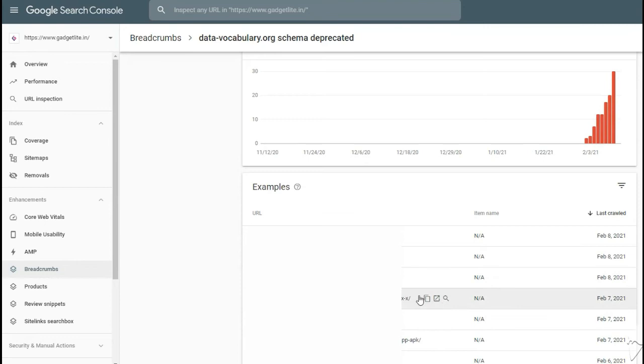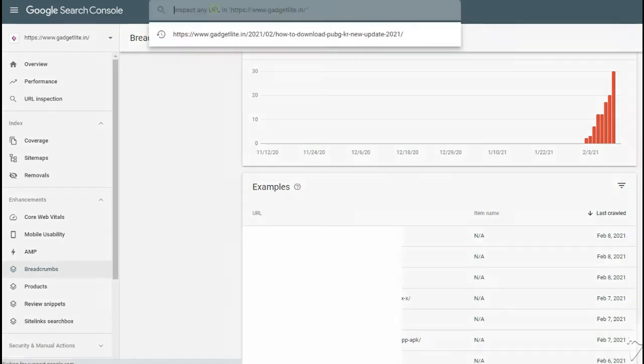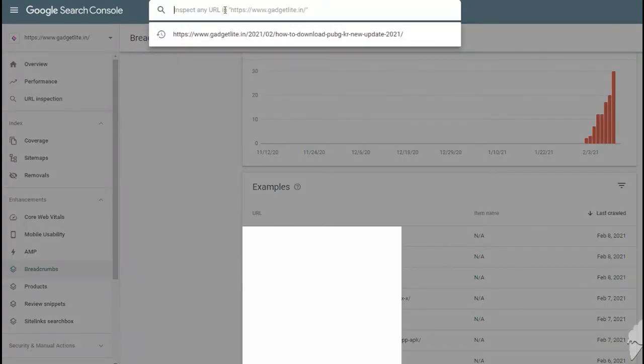Now if you want to test, just copy the URL from over here, and paste it in URL inspection over here.